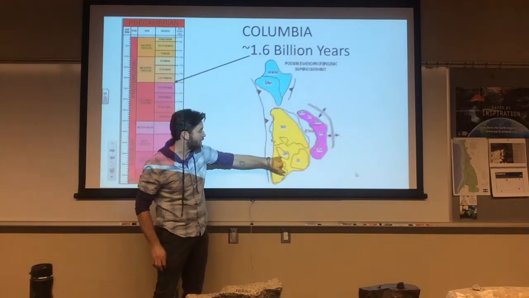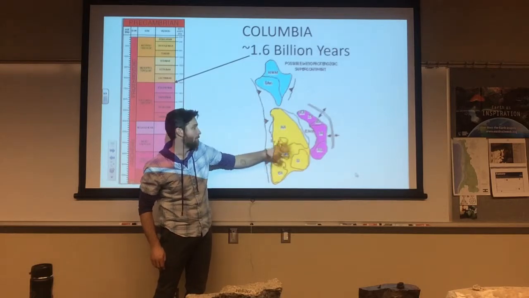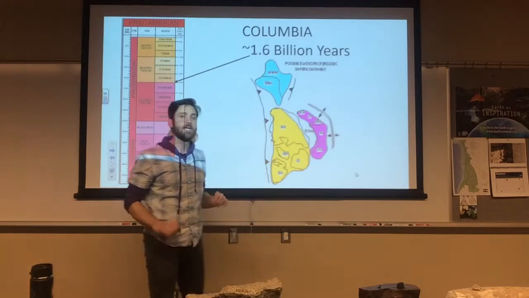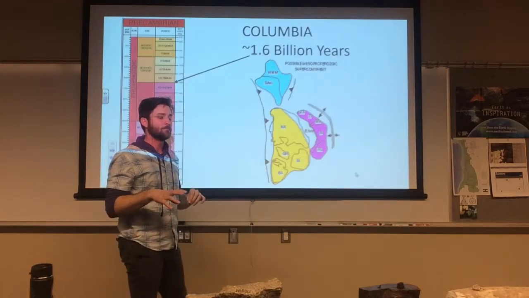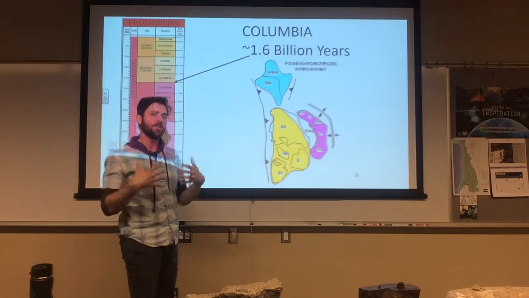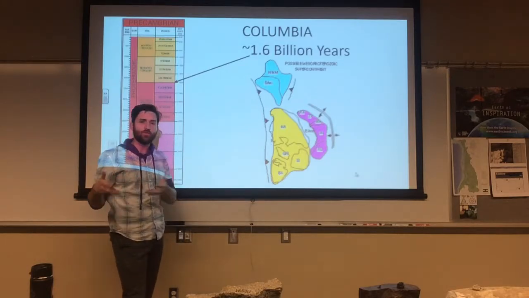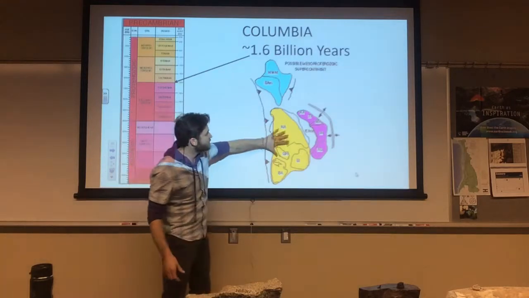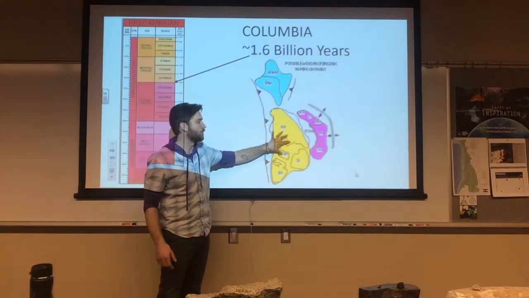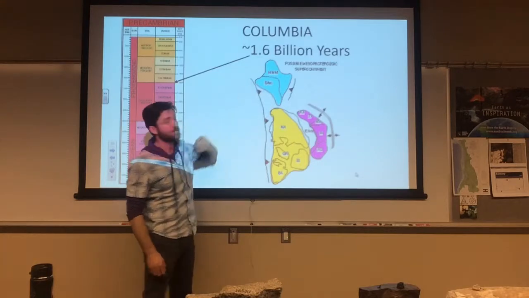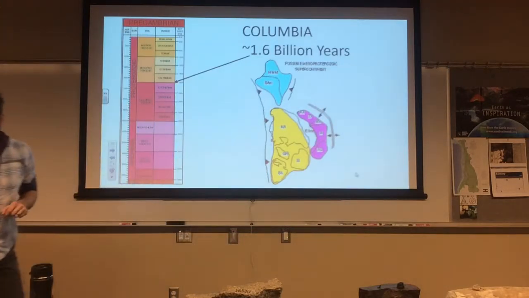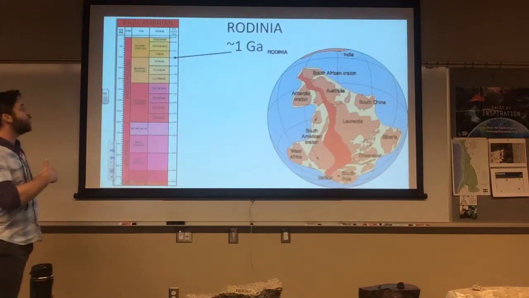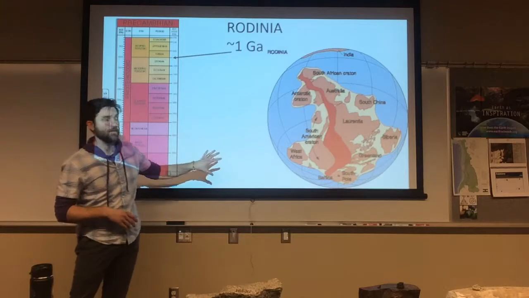Now, what I want to point out here, here's Greenland and here's North America. Basically the same configuration that they are today with respect to one another. And that's very important, maybe not overall to the story, but to us as North American dwellers, right, that we have a craton that seems to have been basically assembled, at least with these things, since the supercontinent Columbia, back there in the Proterozoic time period. Now, younger in the Neoproterozoic, we have the supercontinent Rodinia.